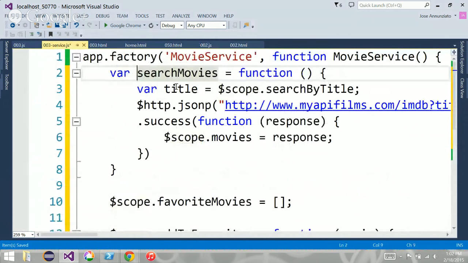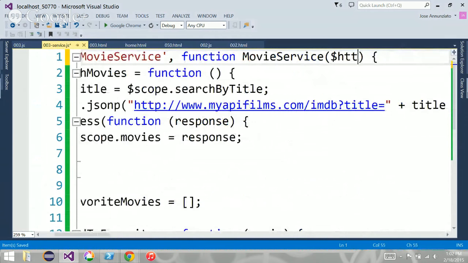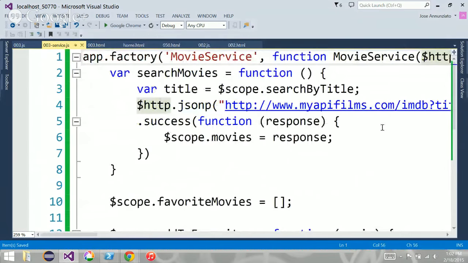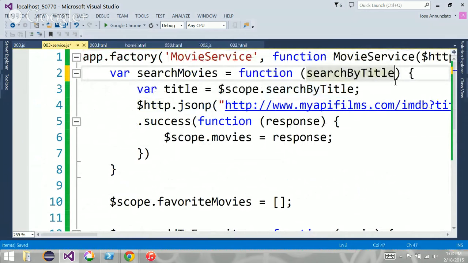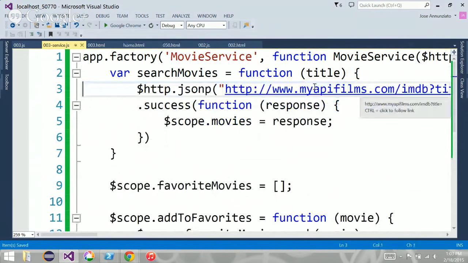It is going to need HTTP. It is going to need a title, so we're going to pass it as an argument. And it's going to respond.